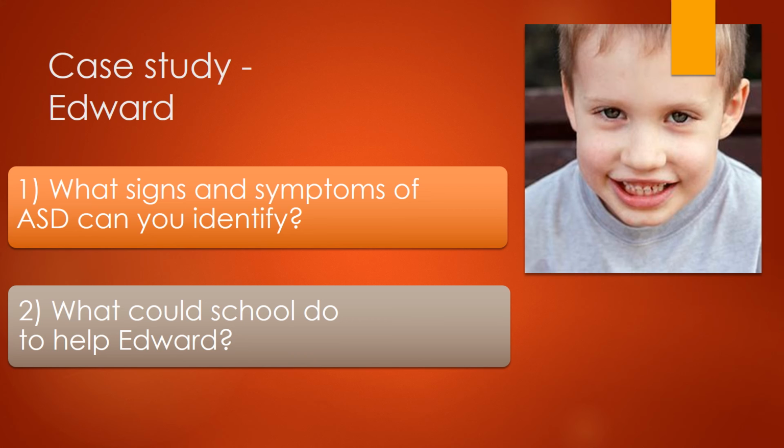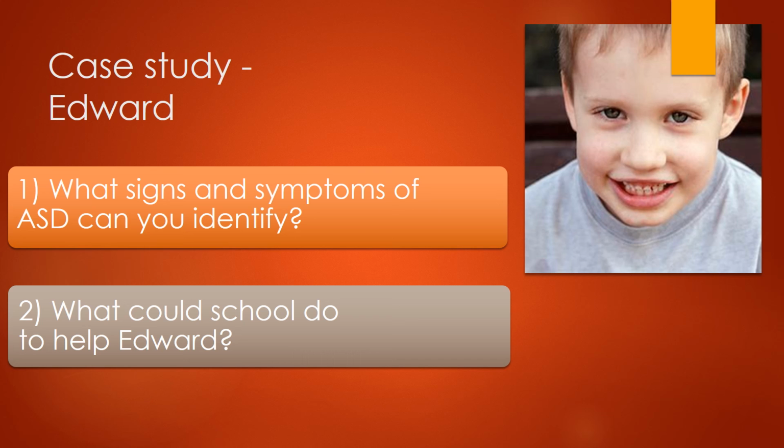So Edward is a 7-year-old boy who lives at home with his parents and his younger sister. Edward has been having difficulties at home and school, which are getting more difficult to manage. Edward loves trains, and he will talk about them constantly. He has a collection of over 100 trains at home, which he will not let his sister touch or play with. Edward likes watching YouTube videos about how trains work. He will do this for hours, and his parents find it hard to get him to do other things like getting dressed or eating a meal, for example.